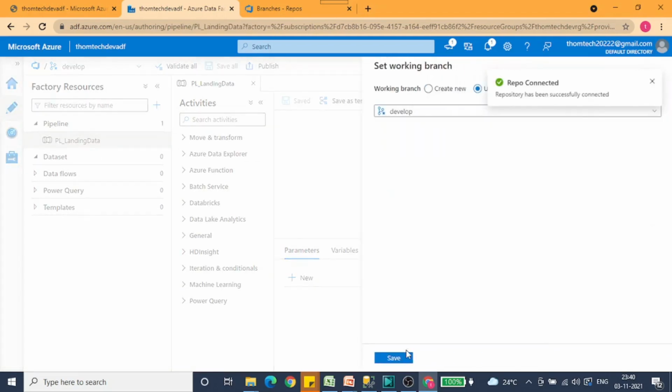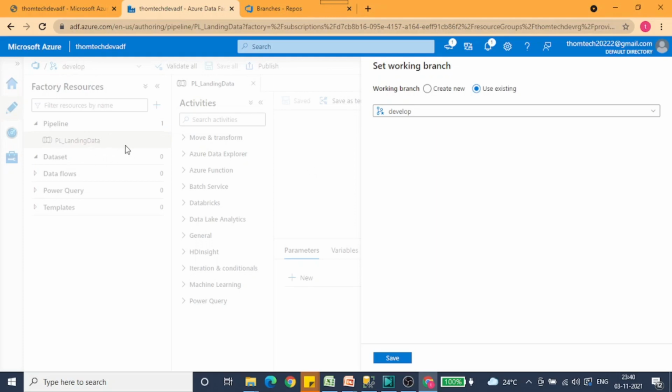Yeah, it's done. So now we can say it asked for an option to import all the code from the publish branch, or from the data factory, to that specific branch that we have provided, that is the develop branch. Okay, so it's already converted, so we can see over here it's the develop branch, and we do have that pipeline and the wait activity that we created in our publish branch already available over here.